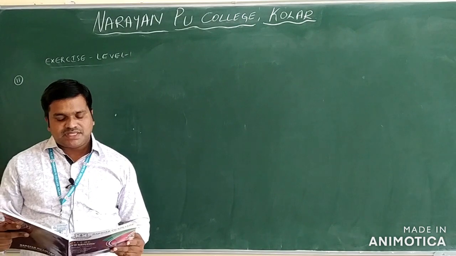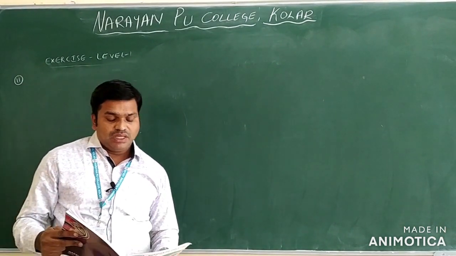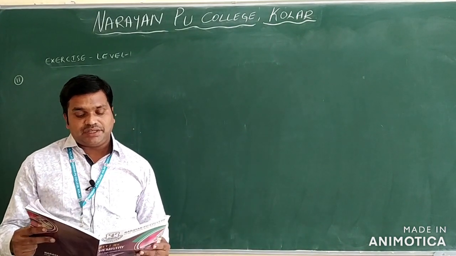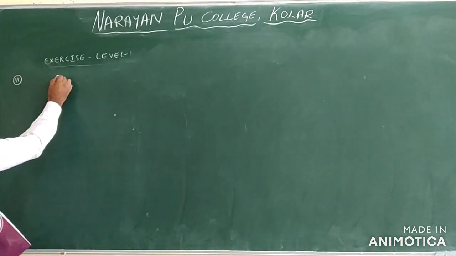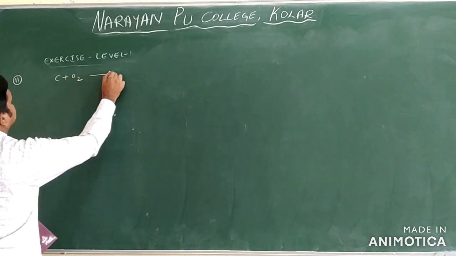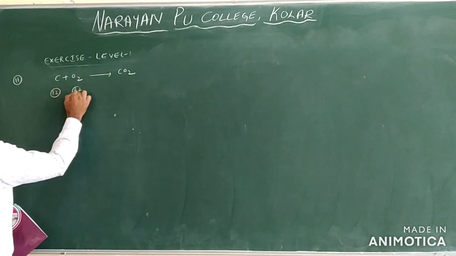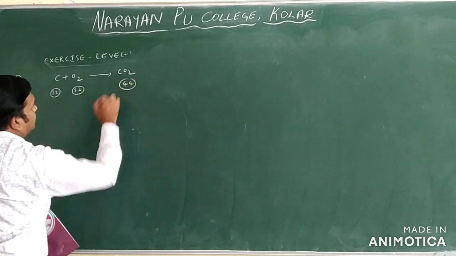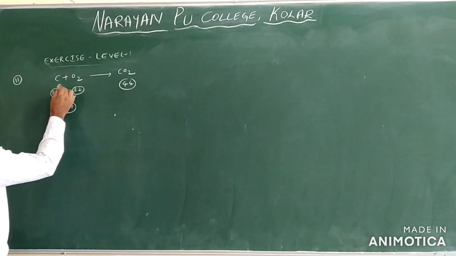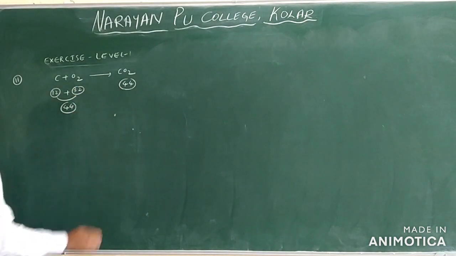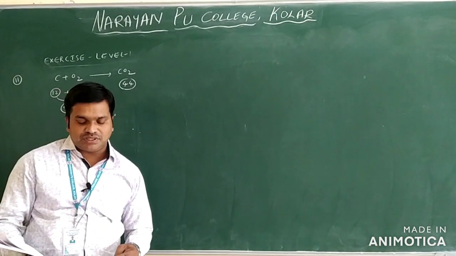See the next question we have. Which of the following is the best example for the law of conservation of mass? See the first option: 12 grams of carbon combined with 32 grams of oxygen to form 44 grams of CO2 only. So C plus O2 gives rise to CO2. They have given 12 grams, 32 grams, and 44 grams. Now 12 plus 32 is 44 grams only. Mass of the reactants equals mass of the products, so it follows the law of conservation of mass. We will take the first option directly.